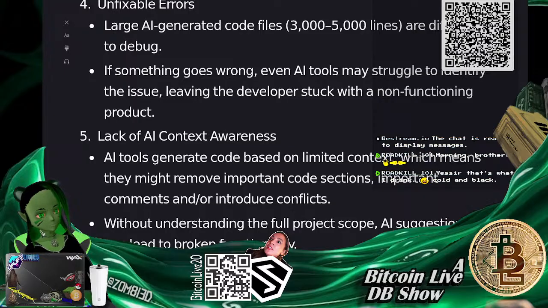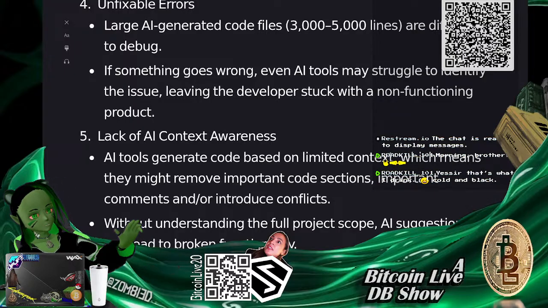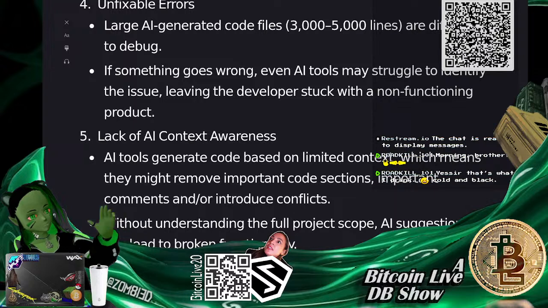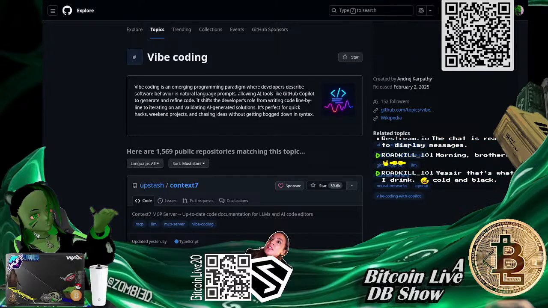Because yes, there is a quote unquote safe vibe coding technique, or safe vibe coding techniques is actually more than one. And even though vibe coding is never safe, there are safe, quote unquote safe, vibe coding techniques. So let's actually show you that. We're gonna go into a GitHub topic, vibe coding.